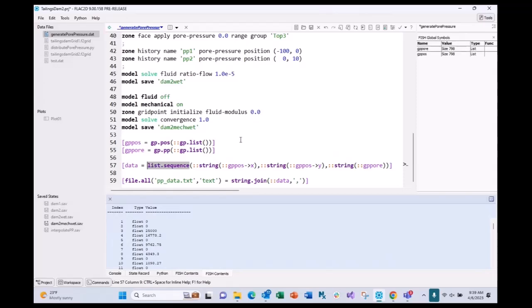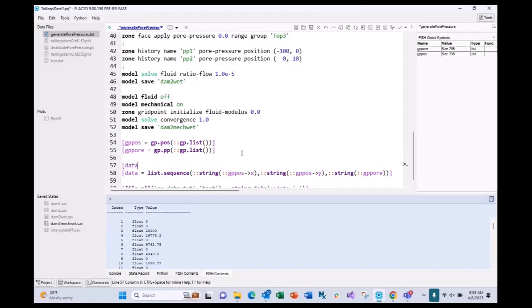So the main idea here is to create our pore pressure data file with position and pore pressure. You need to use the list.sequence utility, which takes our two lists and smushes them together. With lists, you're either appending a value or prepending a value, but what we're doing here is sticking two lists together. And it gets very confusing here, because you would think we could just, and this is initially what I thought, say list.sequence